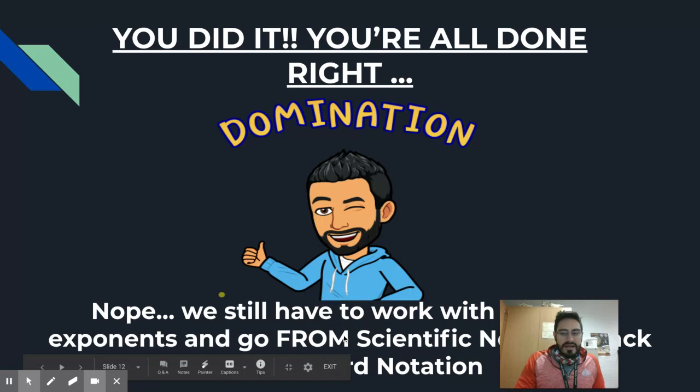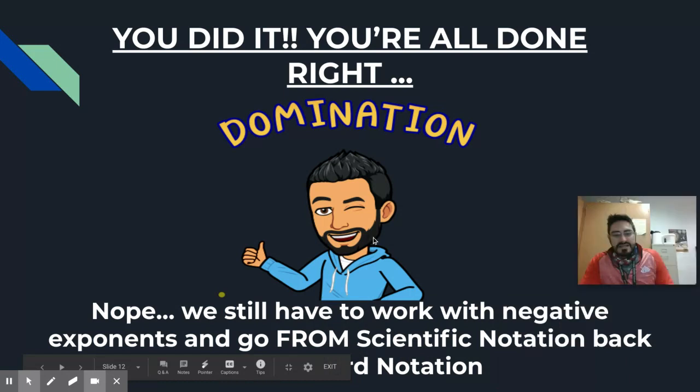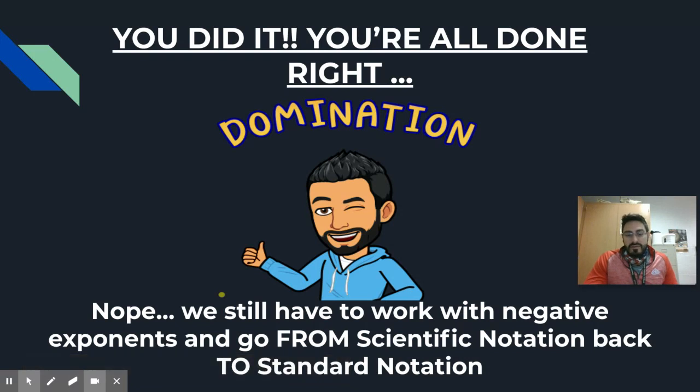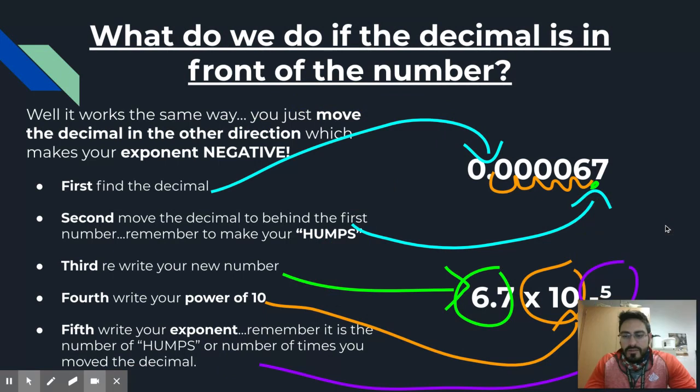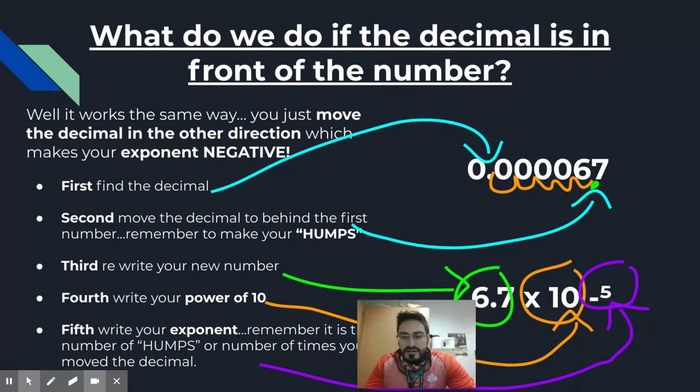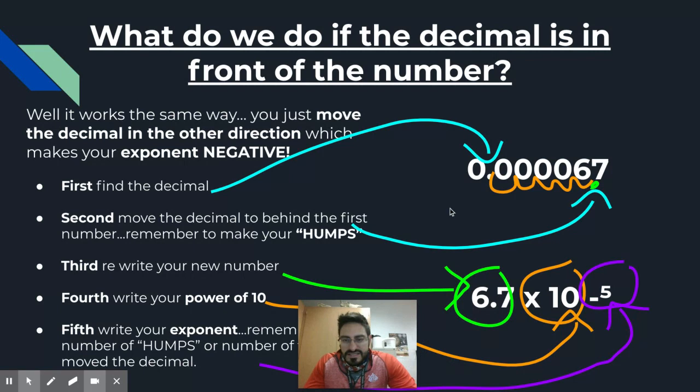All right. One more thing we got to do, though. Sometimes we have a negative exponent, and we also have to work our way from scientific notation back to standard notation. So we have 2 more things to do here. First thing is working with a negative number. Remember, this number here is in standard notation, and there's a decimal right here that's kind of covered up. Excuse me. And the number would say